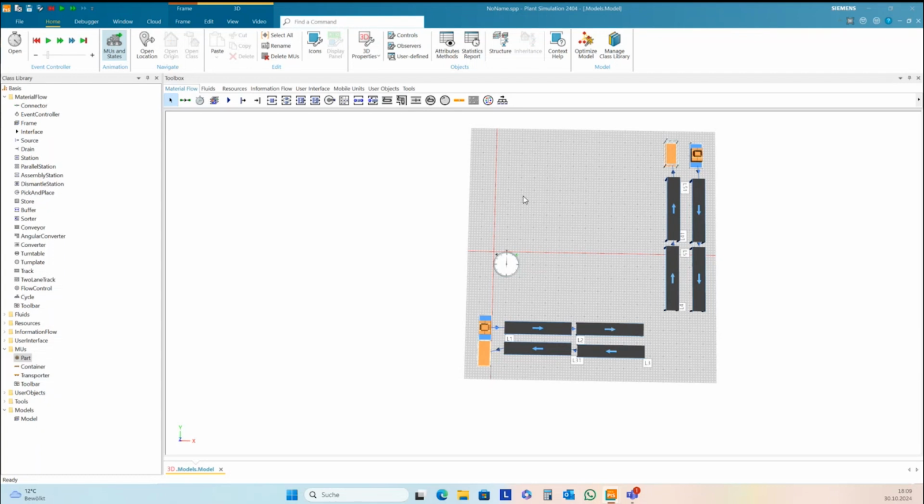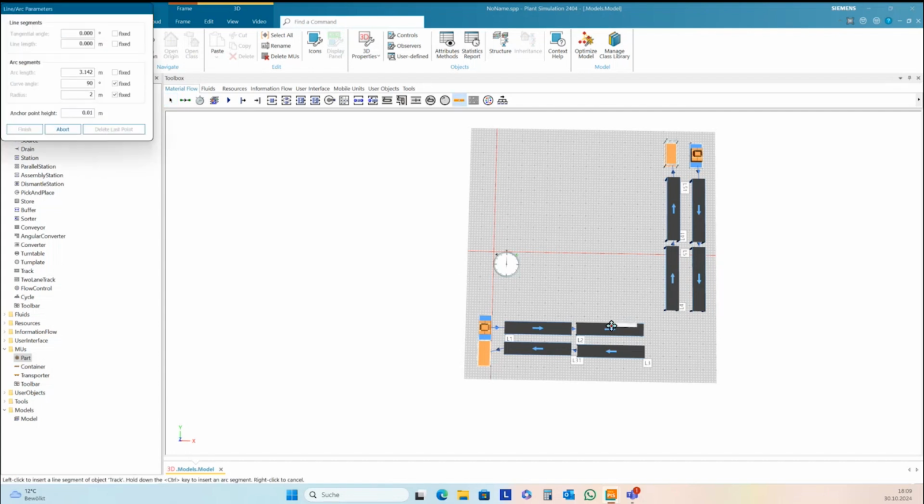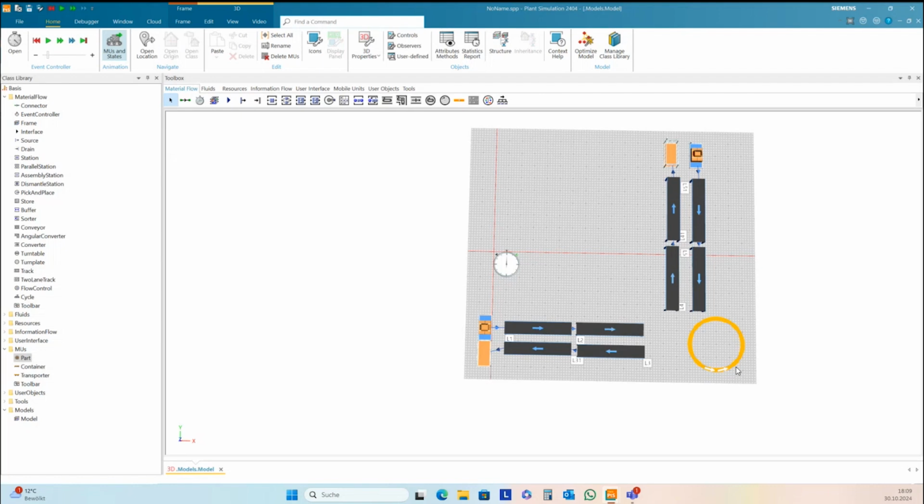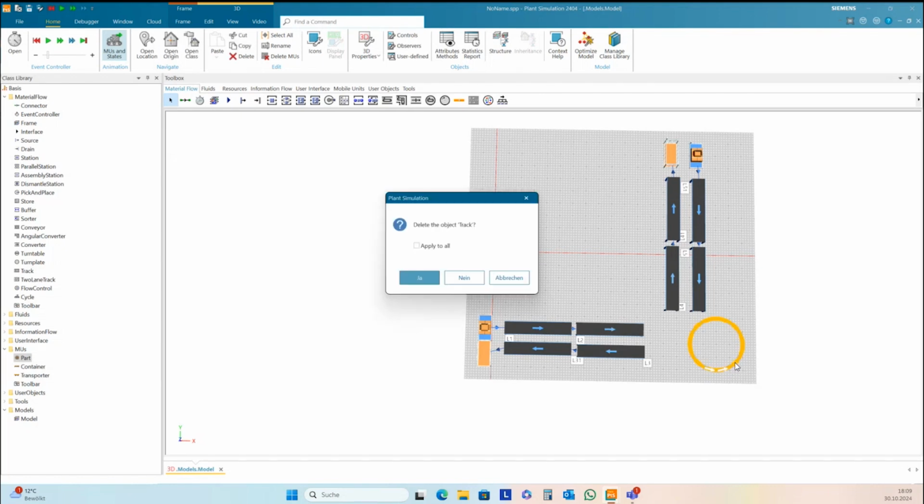First, we need a track, a complete round track, and so we need the track, and then press the keys Control Shift and make a click into the frame. And then it only works in one direction. Then you have the possibility to change the radius here. Radius 2 meters is okay for us now. And then make 4 anchor points. And that's it. This you need maybe to train a little bit.